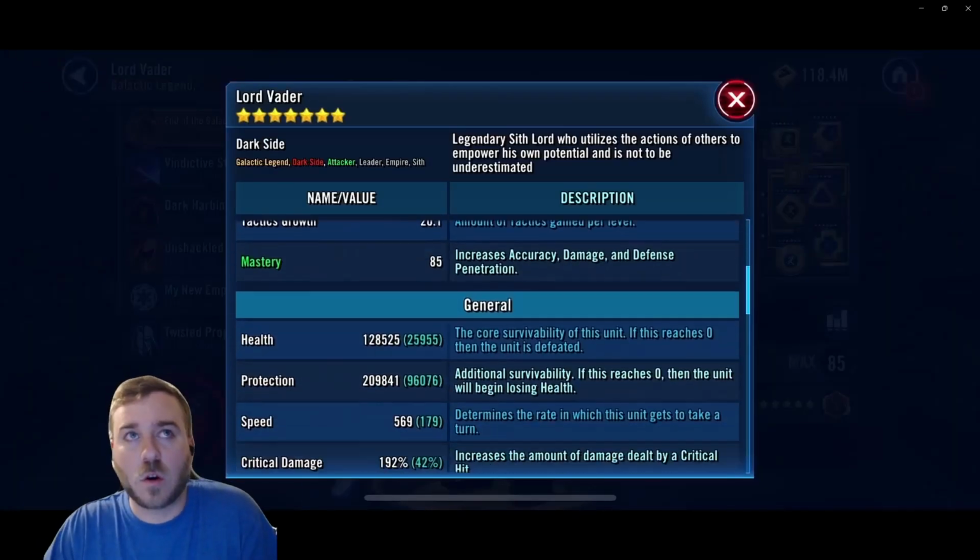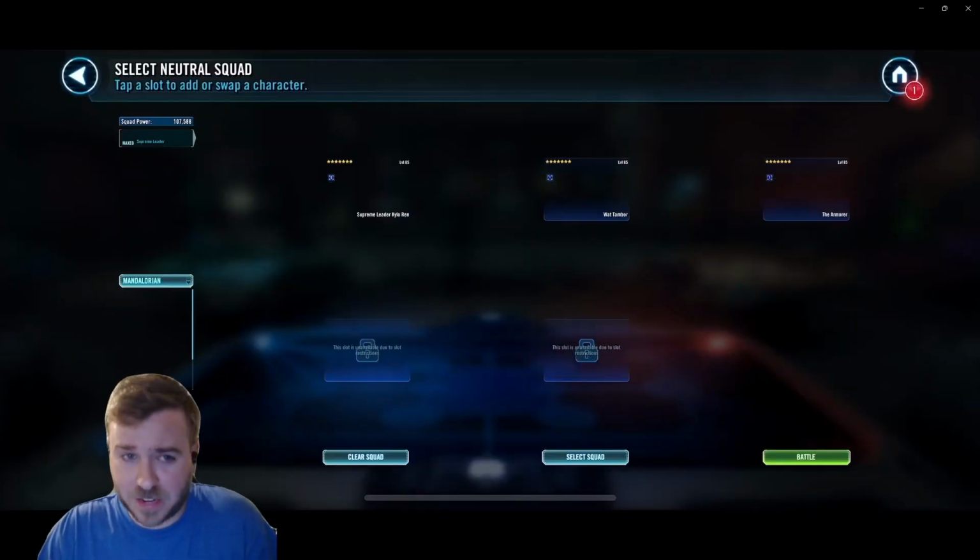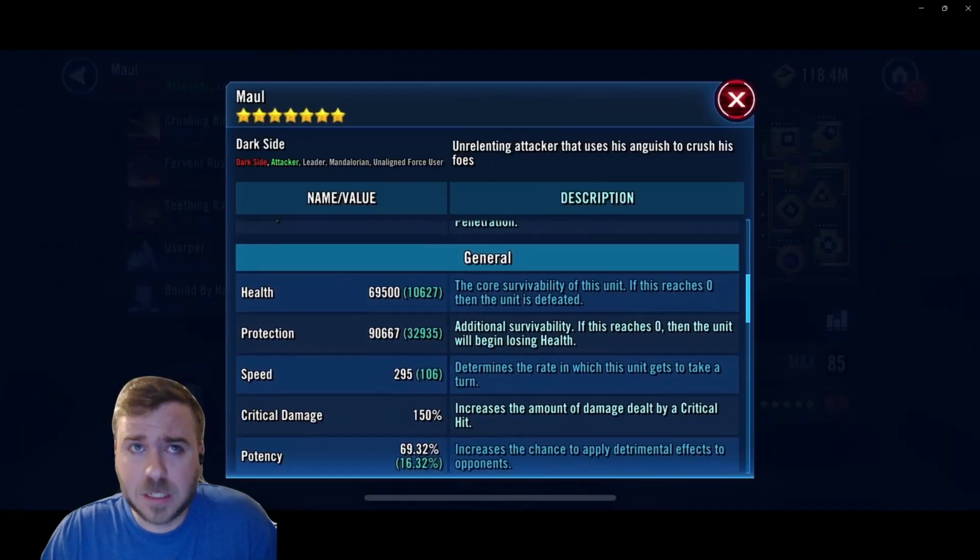Alright, and here we go with the footage, starting out with the Lord Vader battle. It's always the one on my mind that I need to get past him. If I can't get past Lord Vader on the front wall, it's going to be a short battle. And I opted to take Mandalore, the armor here because